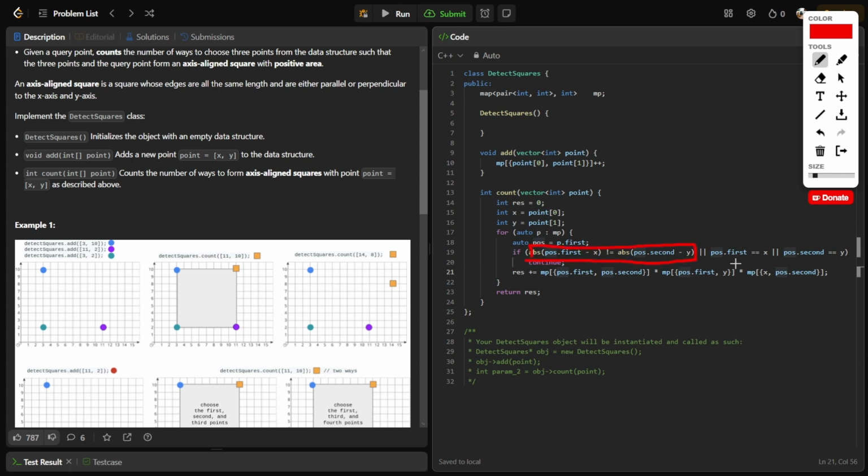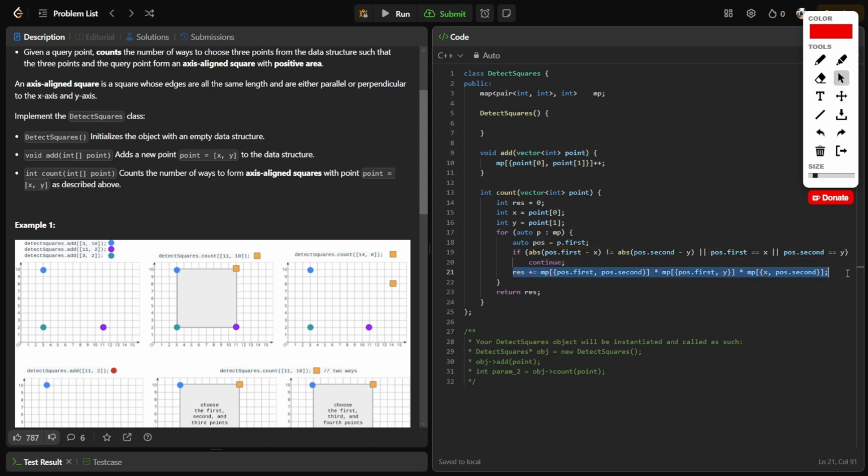So that's what this is checking for. It's also checking if the point that we are iterating at is on the same x level or same y level as the point we're querying. Because if they are the same, we for sure know that it's not a diagonal, because to be a diagonal they have to not be the same. So that's what this is for. Alright, so after that is done,